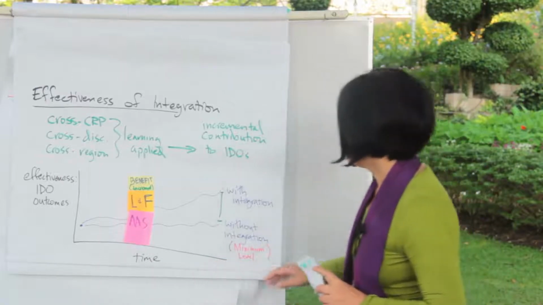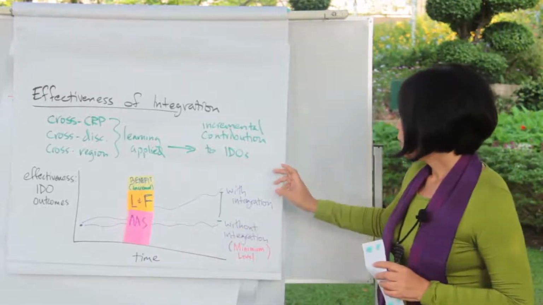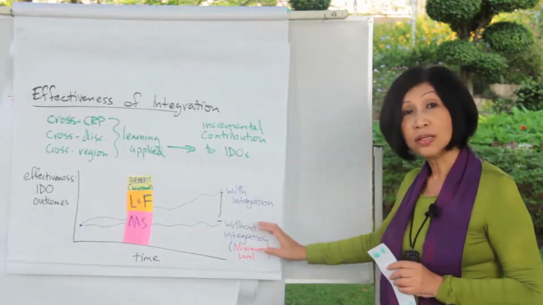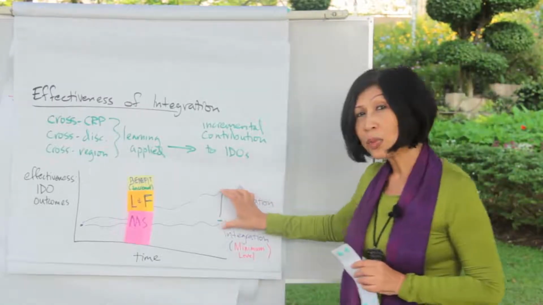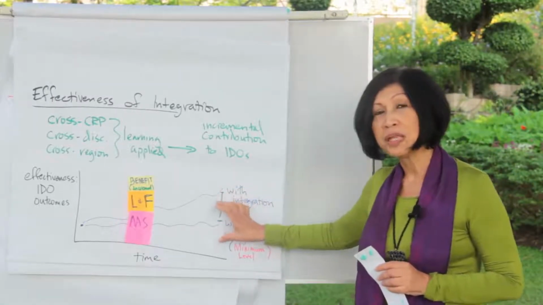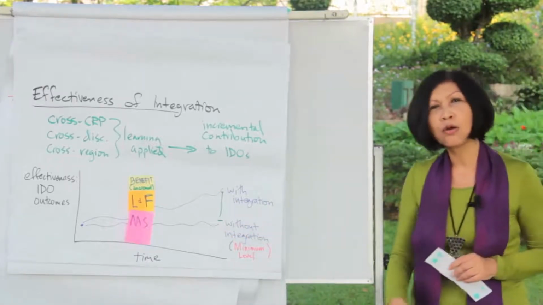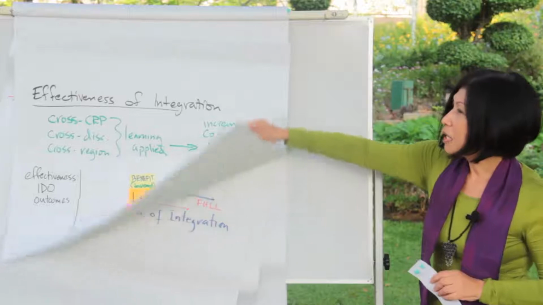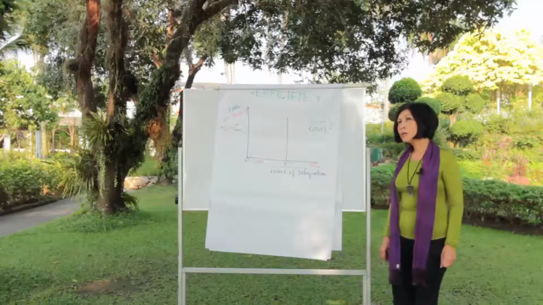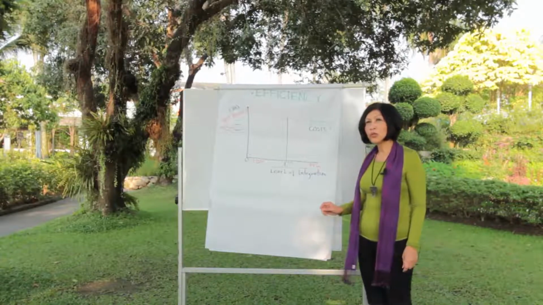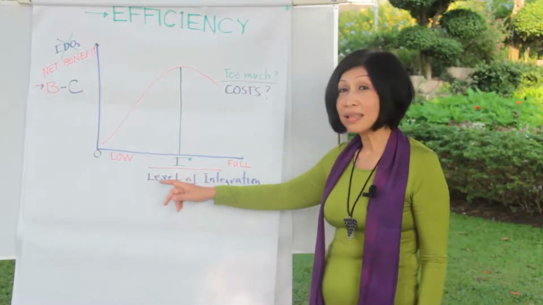Another way of looking at that is in terms of the situation wherein there is no integration and there is integration. And ideally, what we are measuring is the incremental benefit associated with integration. One might ask, though, at this point, that there are costs to integration. One will be quick to point out that there are costs to integration. And I think the easy way to demonstrate that is by looking at this graph.